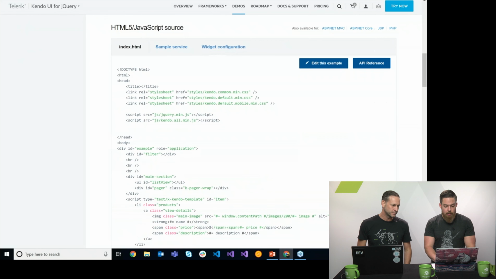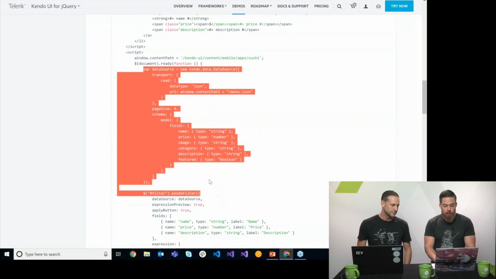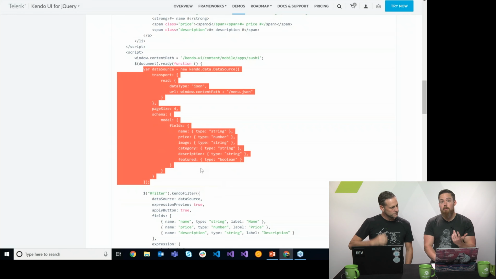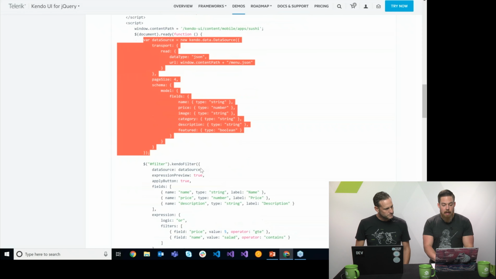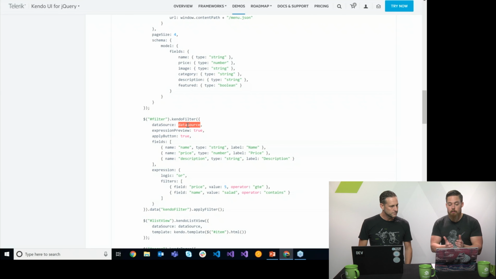Actually, if we take a peek into this, we have a data source that we set up here. So we don't need to worry too much about what the data source actually is feeding in, but we have, you know, the schema and the model set up. So for those of you that are jQuery developers, you're familiar with this, right? And then all that we need to really do is define the data source to be equal to that data source. So the reason that we separate it out and don't have it defined within the Kendo filter is that